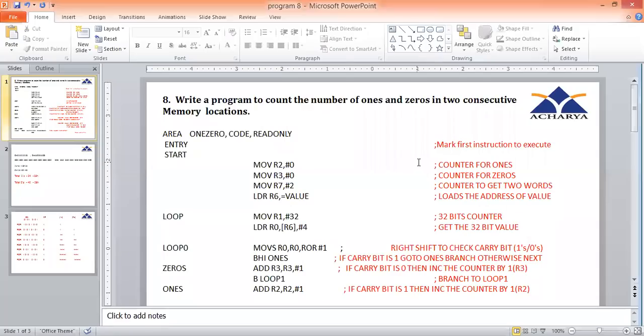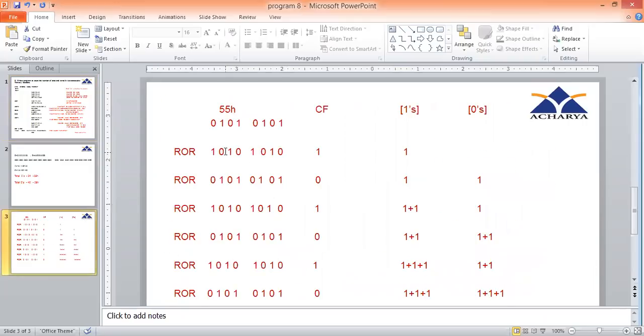So we will see the next program, program 8. Write a program to count the number of zeros and ones in two consecutive memory locations. So we have two numbers in the memory and we have to count the number of zeros and ones in that memory location. So before taking this program, let's take one simple example and understand how to find out zeros